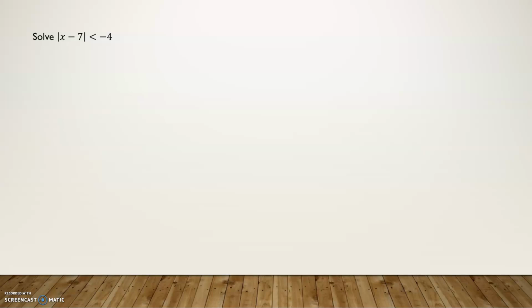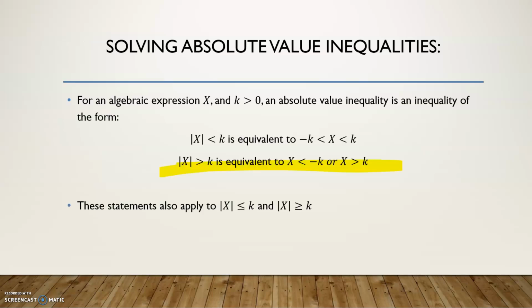So what we have is the absolute value is all by itself. We don't have anything added or subtracted to it or multiplied to it or divided by it. So it's all by itself, it's isolated. Now, the number on the other side is a negative number. So if we go through this, if we look back and compare it to these examples that they give us,